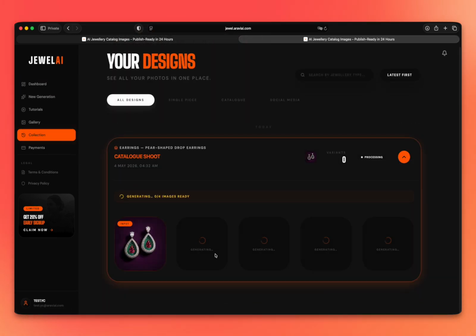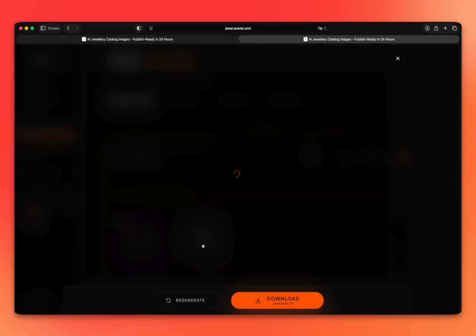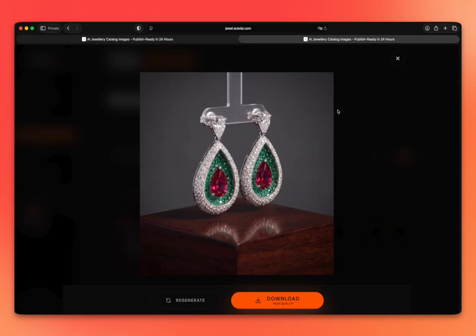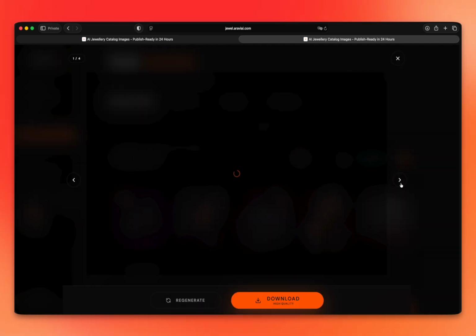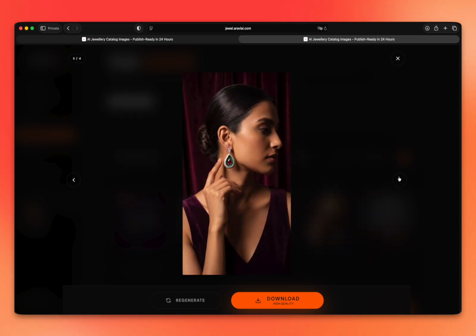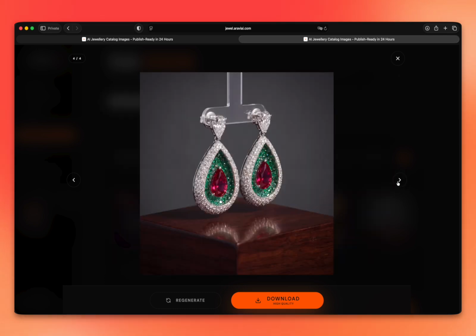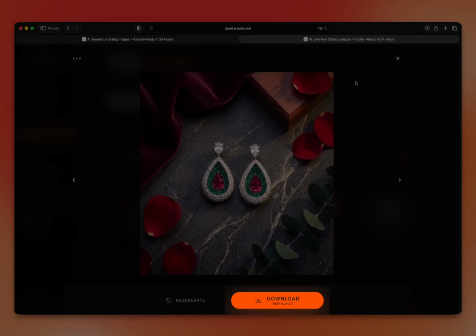We come back to collections page, and when we wait a while, we can see this is the first image that has been generated. See all the generated images. This is the lifestyle one. This is the model close-up. This is the studio quality. This is the flat lay, and the user also has an option to